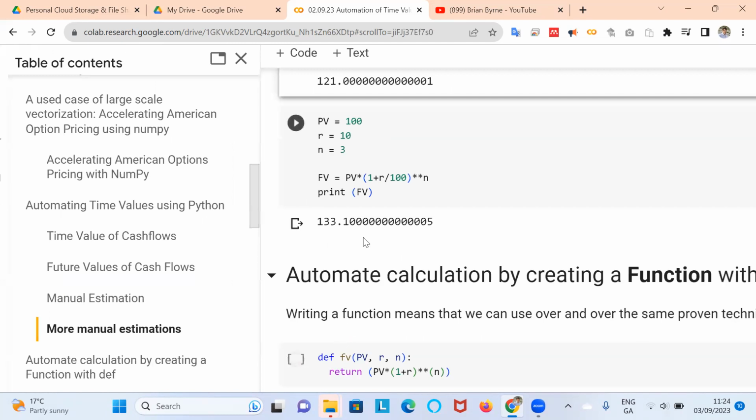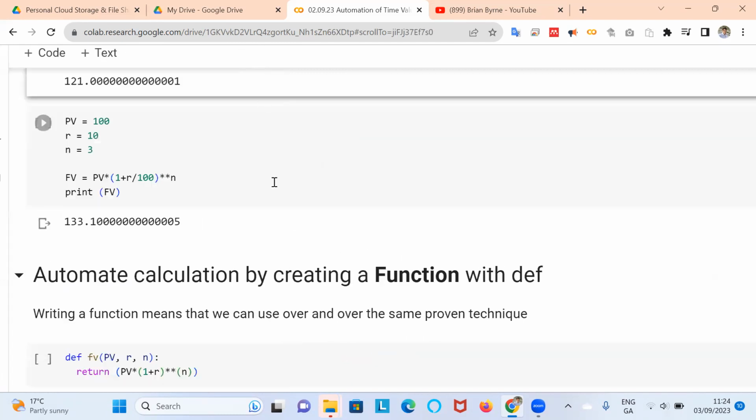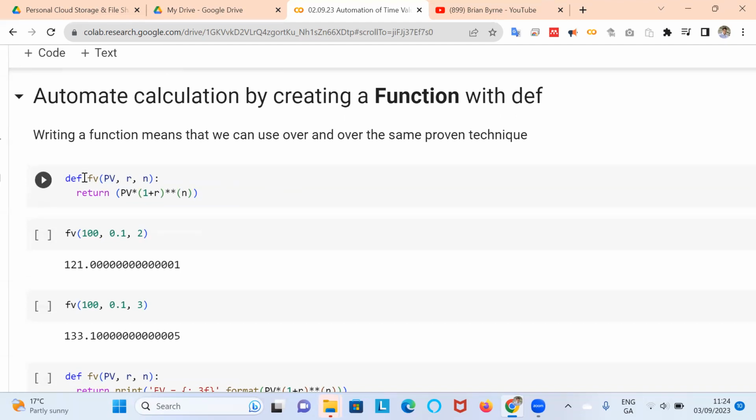Possibly a better way and a more standard way to run the automation here is to create a user-defined function with def. And so we can define a formula or a function that takes these arguments, the present value, the rate of interest, and the maturity in terms of the number of years. And then we can introduce here the actual formula, so the present value by 1 plus the rate of interest to the power of